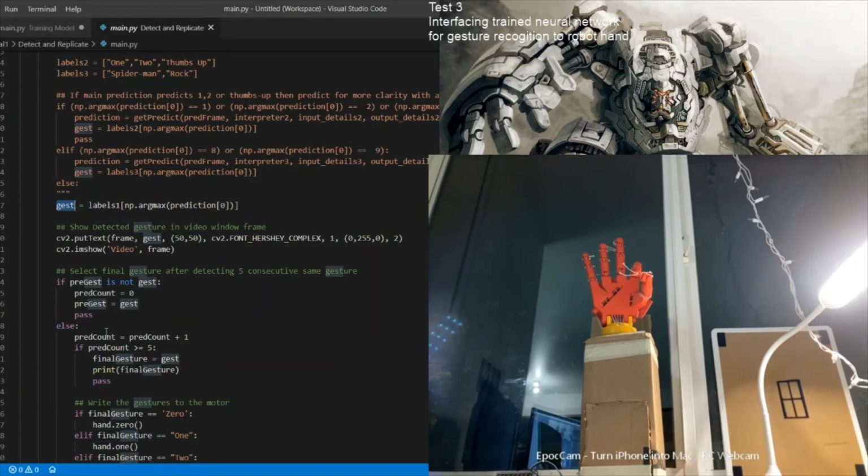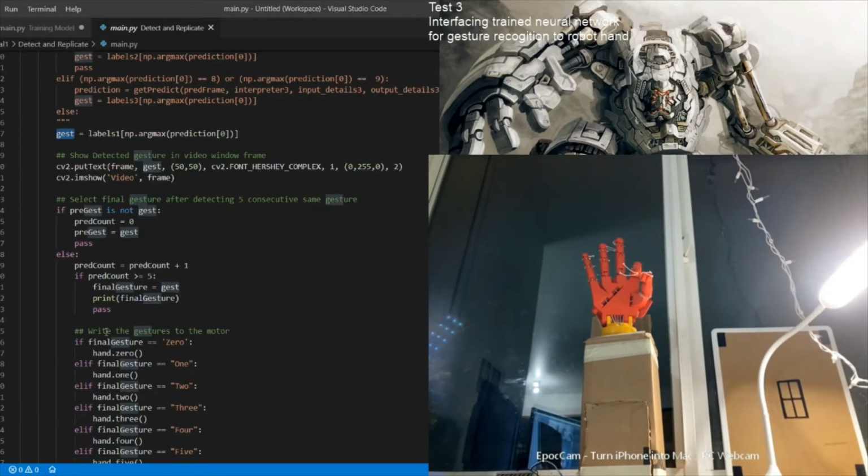The thing I'm doing differently here is that since it is a camera, it will be getting pictures every second, maybe every millisecond, even faster.